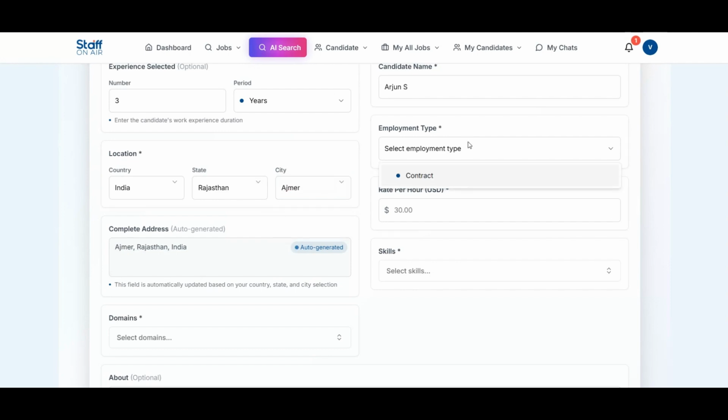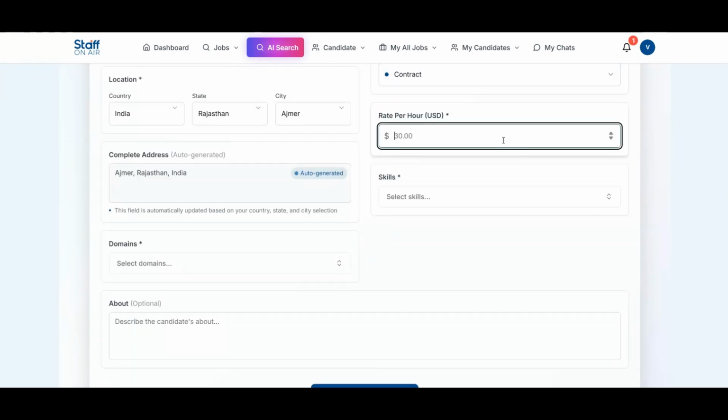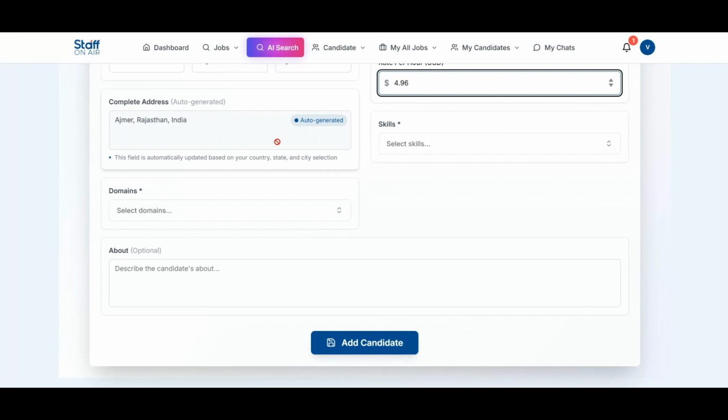The employment type: the candidate will be available for contract only, since the candidate is a full-time employee of my company. So I want to send him for any contract jobs for clients. So the employment type will be contract. The rate per hour of my candidate could be $5 per hour. Again, this rate is in dollars.